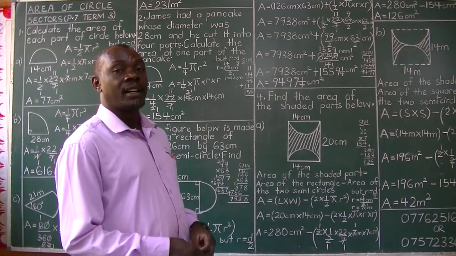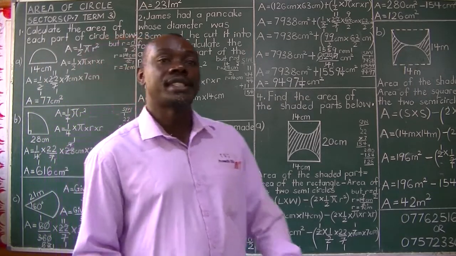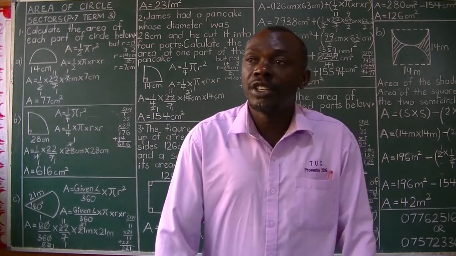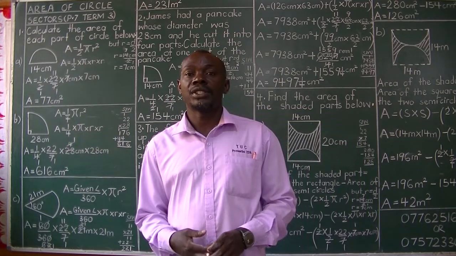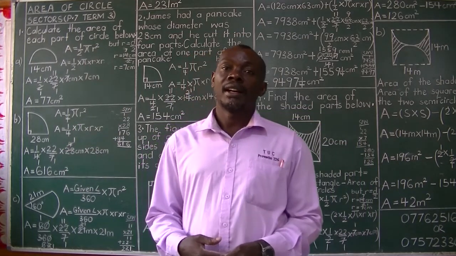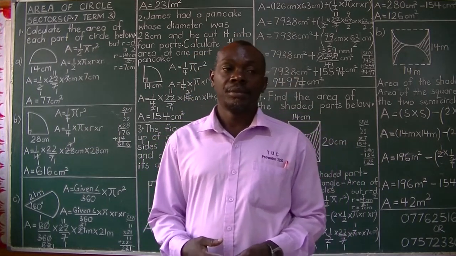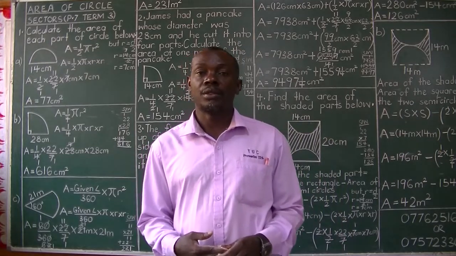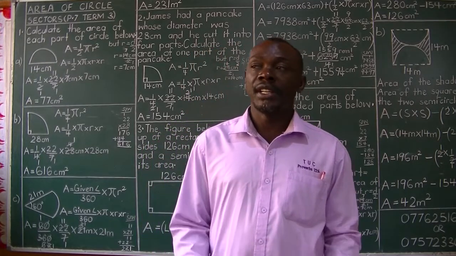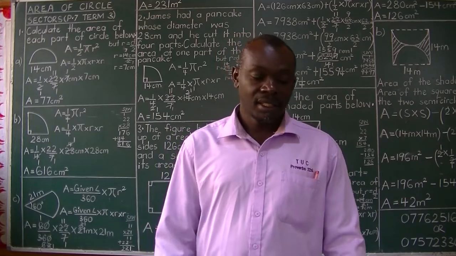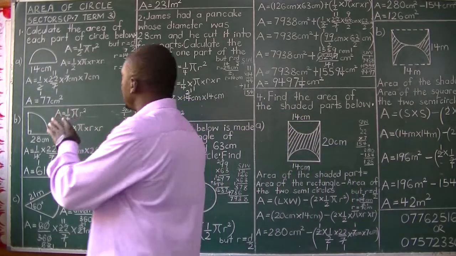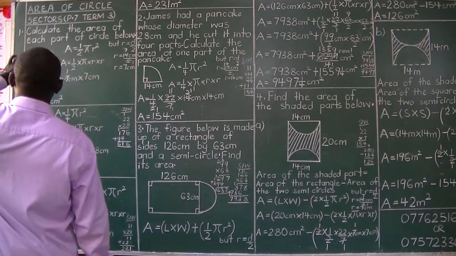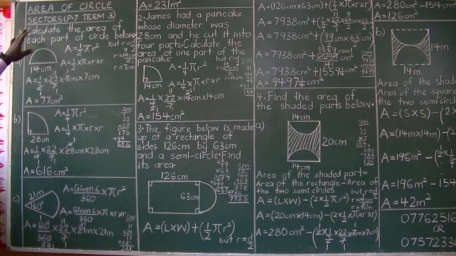Now we've got two circle sectors that have names. One is a semicircle, which is a half of a circle, and then a quadrant, which is a quarter of a circle. The rest don't have names. We just call them circle sectors. So we start with the main circle sector, which is a semicircle. And remember, we're dealing with area.